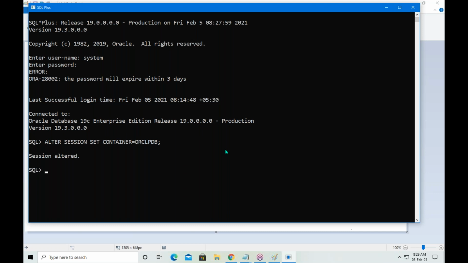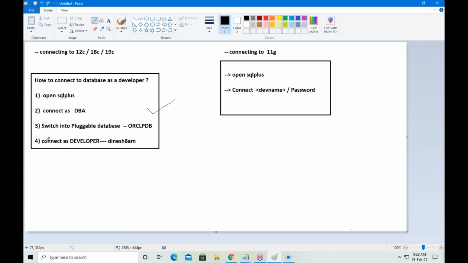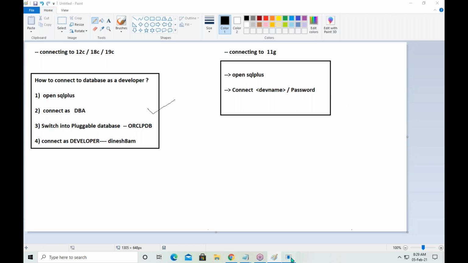Session altered means the database name was changed. Show container name. The database is this. What is the next step? Connect as developer. How to connect?